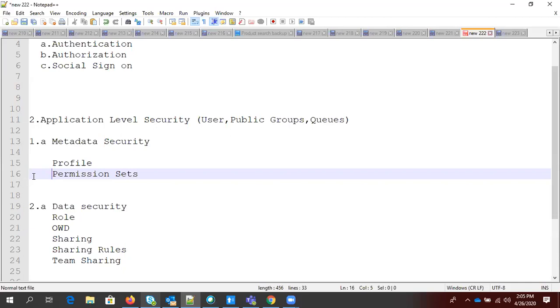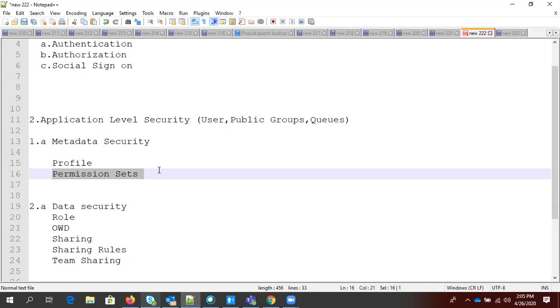available on the profile. So you can create a permission set as an add-on, like you have for D2H connections, right? The same thing. They will give you Star Sports as an add-on. So we can give a marketing app permission as an add-on using a permission set, right? So you can create a permission set, and it can be directly assigned to a user. It is not related to profile.